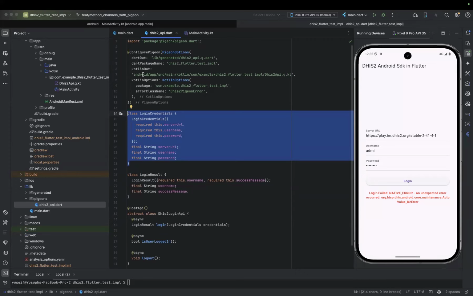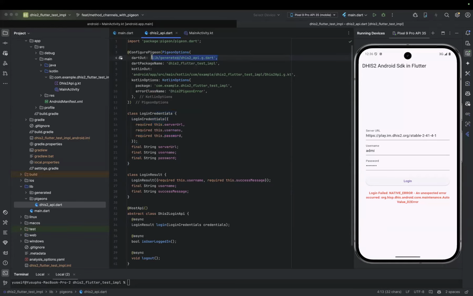In the configurePigeon, I have this PigeonOptions object where I define where the code will be generated. So the API will be generated both in Dart and Kotlin.